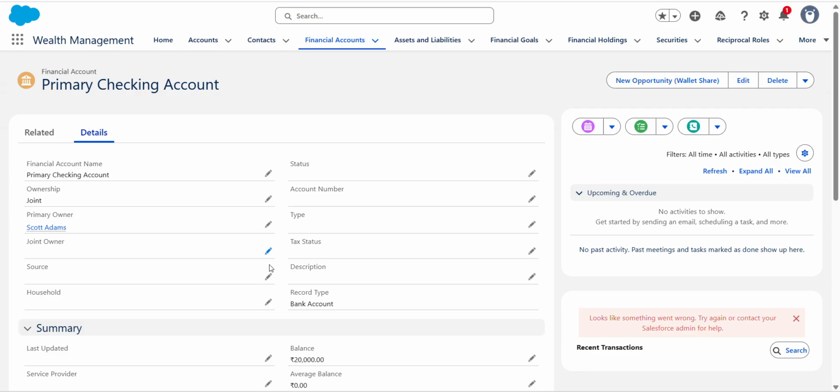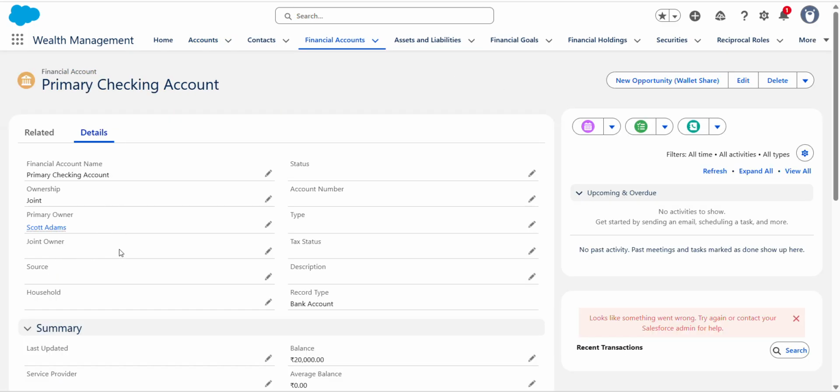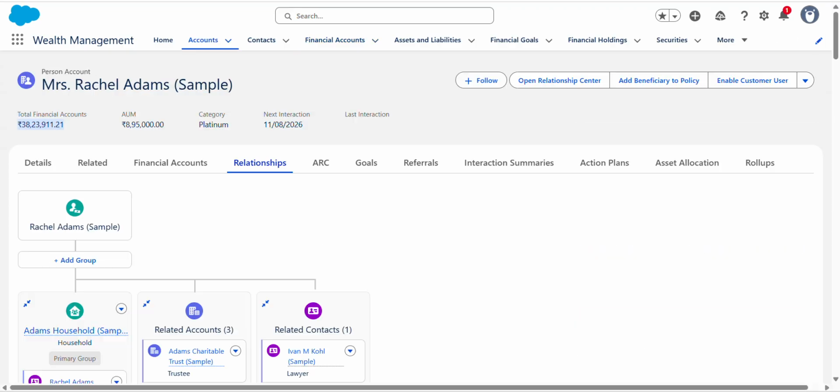If we remove the joint owner for any member, this also plays a big role in the household total amount. If we remove the joint owner from the Scott Adams primary checking account, this should have an impact.